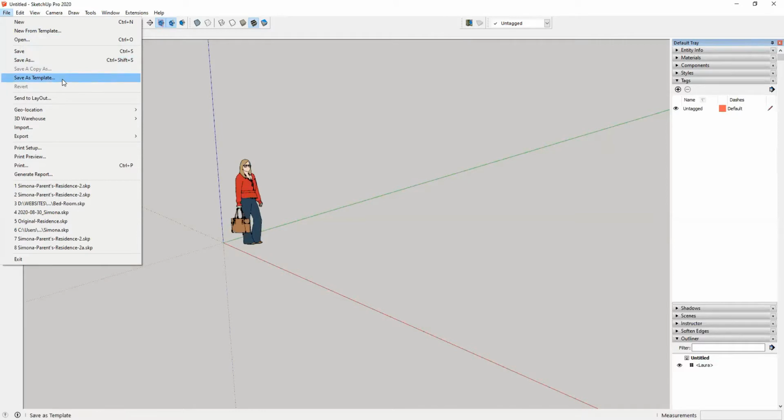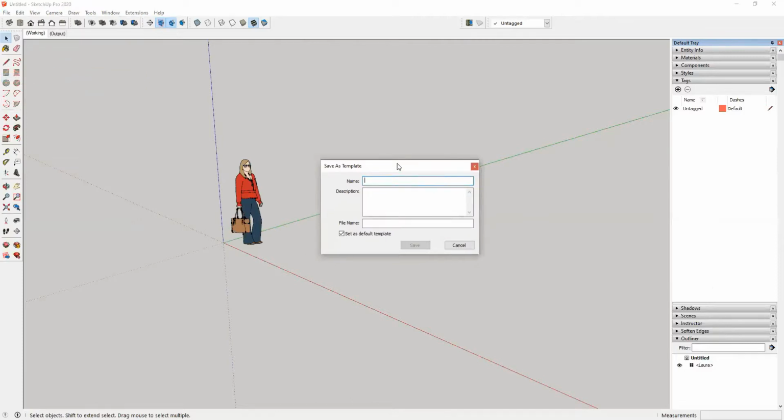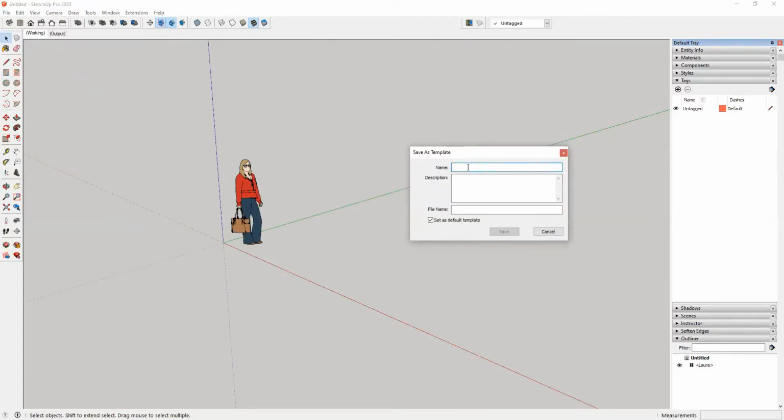I'll save as. Now if you want to save your default set of layers as well, then you can create the default set of layers and save it as a template. You can even update a template later on also. Now, I recommend you to write a name that is quite self-explanatory. I will write this as SketchUp,